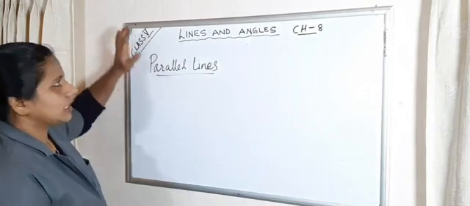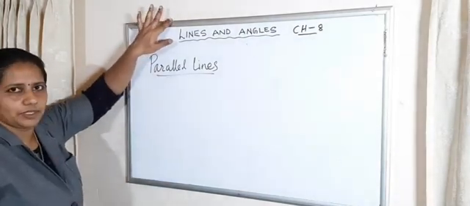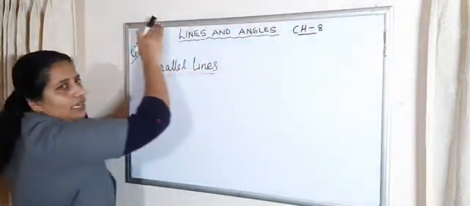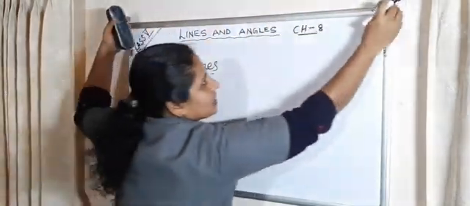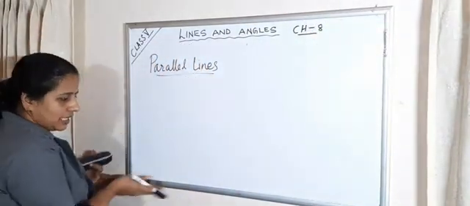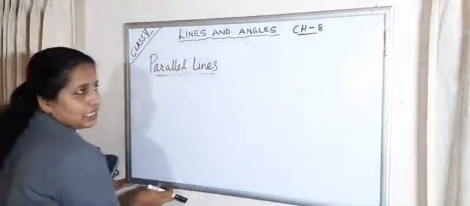Look at here. This is a whiteboard. Okay, and look at this one. This is a line segment. When I extend this on both sides, I will get a line. Clear? Similarly, here also another line segment.